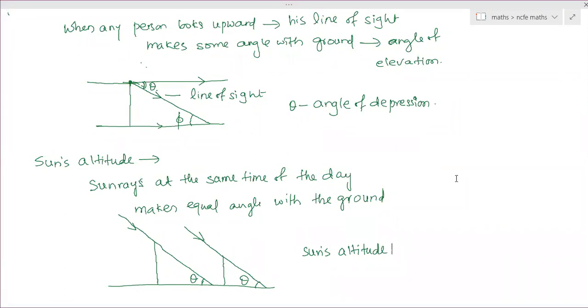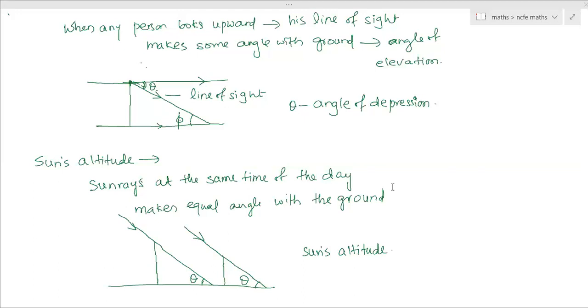Student: Ma'am, even if the height of the trees varies, the angle remains the same, right? Yes. Whatever the person's height, the person's shadow, the final point where the sun's rays from the top of the head reach, and even for a tower or a 25 floor building, the rays coming from the top reach the ground and always make an equal angle. But one important thing is that the time should be the same. When the time is the same, the sun is at the same position. Therefore the angle made is equal, and that angle is called the sun's altitude.